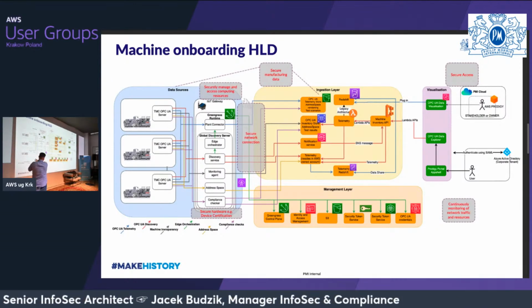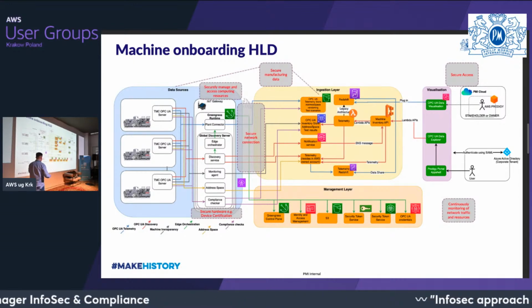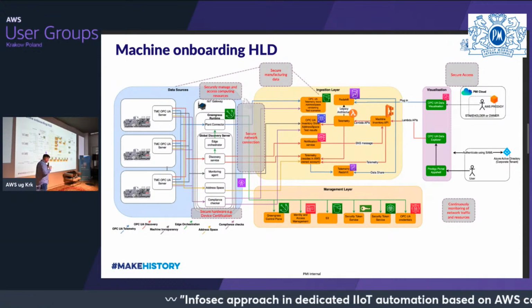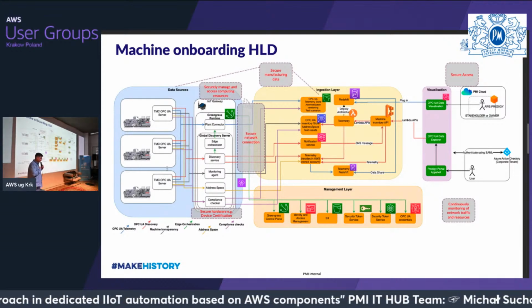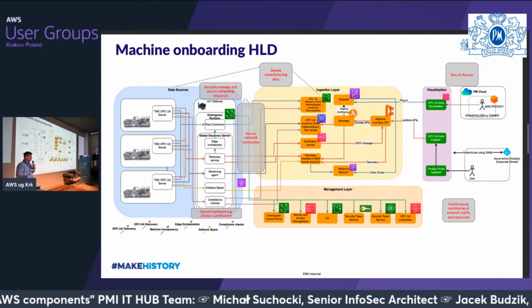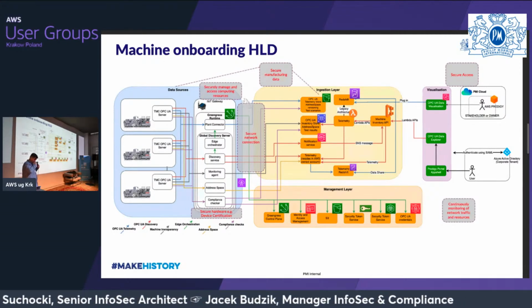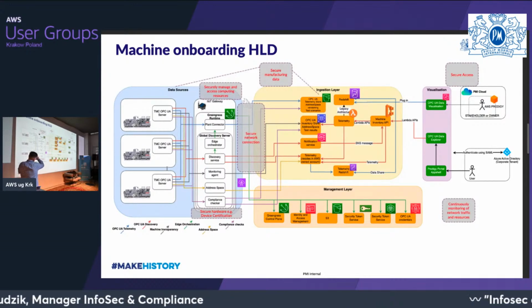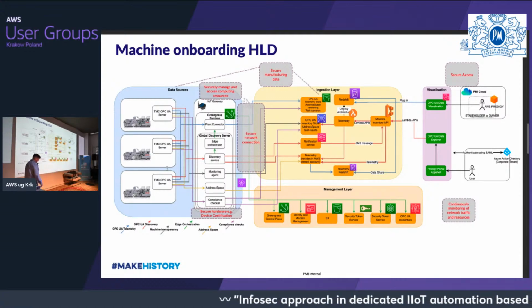So we have data on the left. Here you can see that we want to have the telemetry data, discovery data, transparency data, different types of data from machinery. We want to combine this data to get the proper context, share this data with specific logic to do the proper things for our business purpose, and present this data at the end to, for example, make reports, check if everything is fine, figure out predictive maintenance, etc. So we can say that we have a data source layer, an ingestion layer, a management layer, a presentation layer, and then at the end an access layer.